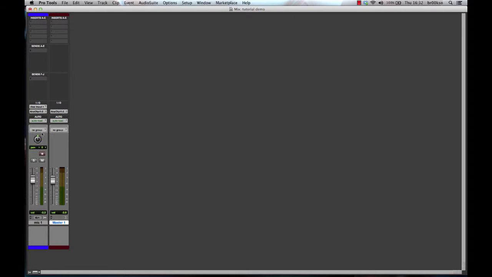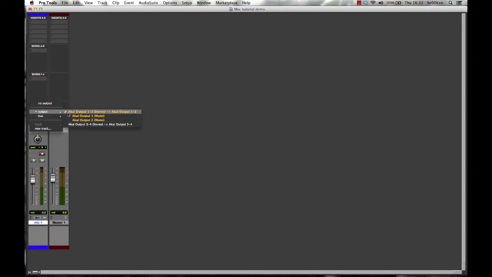What do I want this bad boy to do? Well, every single one of your channels or your tracks here, you want to go to the master fader. So if the master fader is getting set to this 1 and 2, make sure every single output you've got is going to 1 and 2, Akai output 1 and 2, because they want to go to the exact same place the master fader is going to so the master fader can control it. So make sure every single channel you've got is going output to 1 and 2, the exact same place as the master fader. Alright? And that means you'll be able to control it and hear it, no bother.